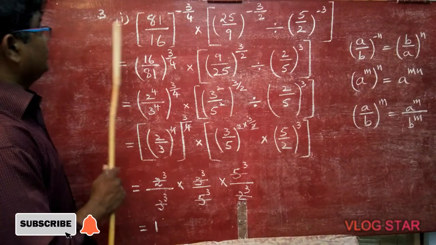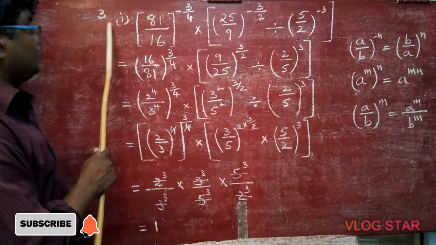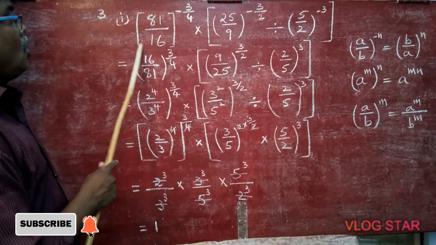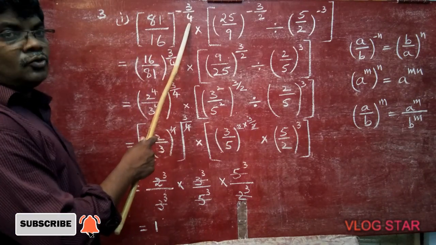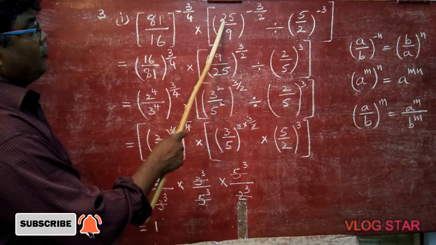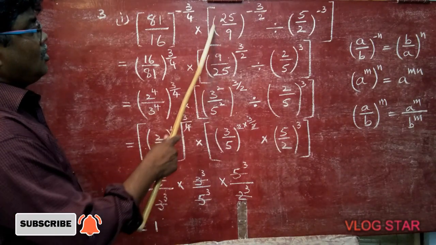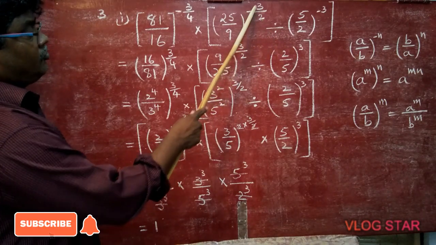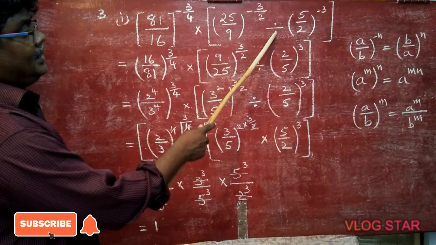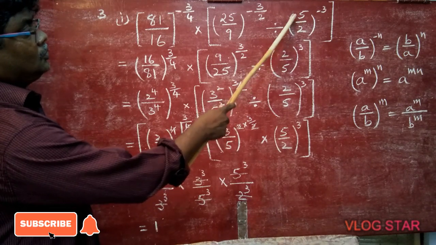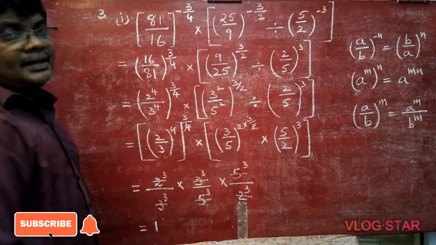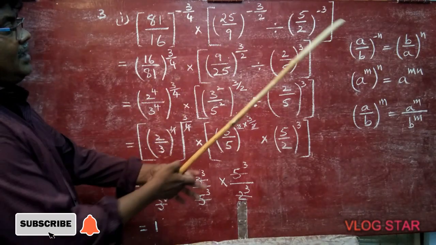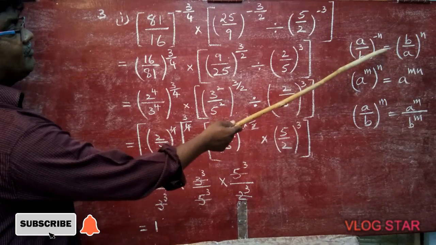Hi students, today I am going to teach you the third problem. In the third problem, first bit: (81/16)^(-3/4) × (25/9)^(-3/2) ÷ (5/2)^(-3). Now, we know that (a/b)^(-n) will be equal to